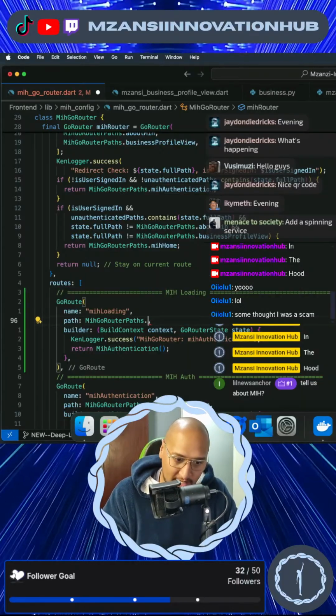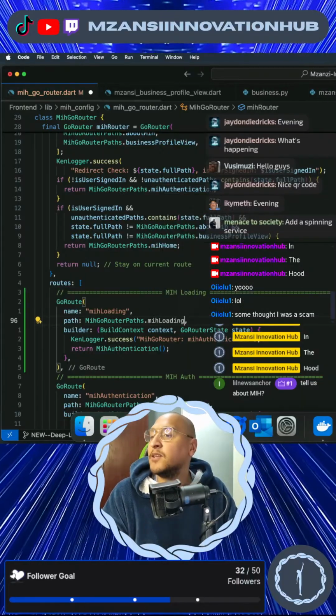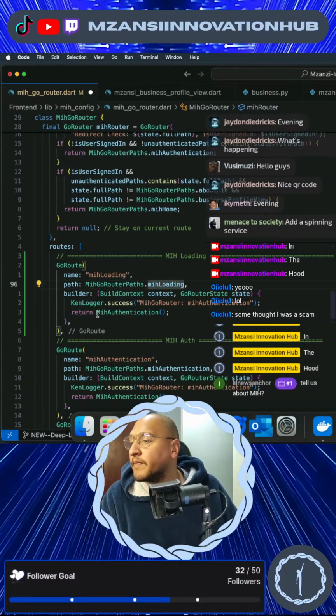Change inside word. MIH loading. Cool. And then